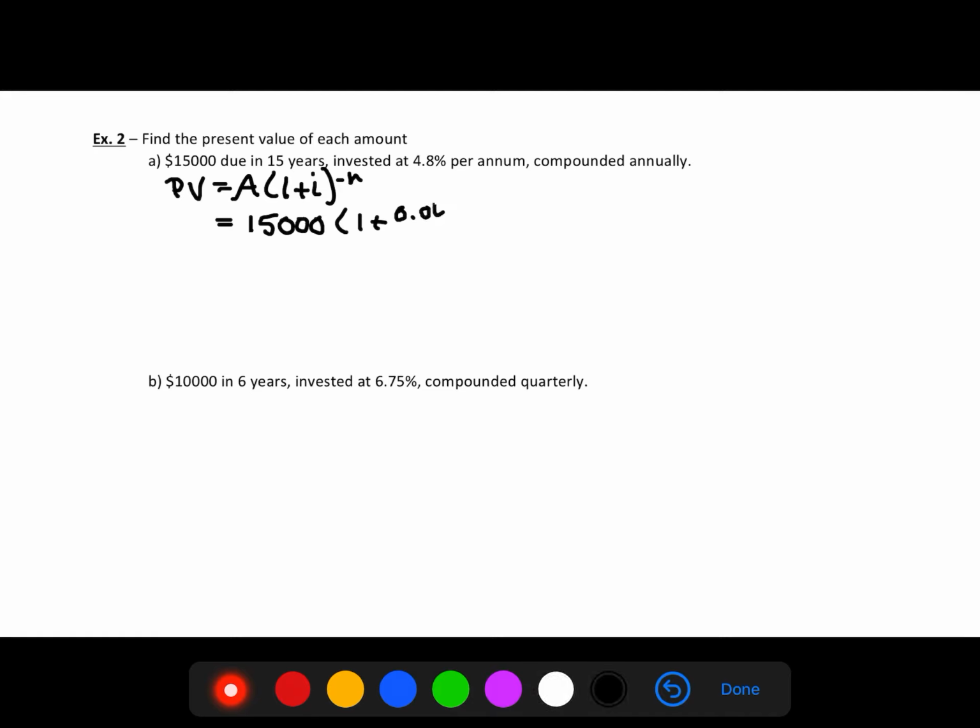So we know that the investment is going to be worth $15,000 at the end, and we're going to change our 4.8% to our decimal. Remember, we always move our decimal spot 2 spots. Now, we are just doing this annually, which means that we don't really have to change anything for our i and our n because it is only happening once a year. So simplifying that, we know that we can just put into our calculators,